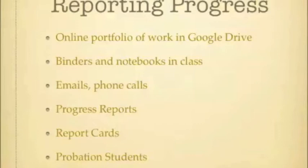It's a file then that we can access and provide instantaneous feedback to our students for improving or clarifying the thinking they have on their papers. We also use binders that go home once a week, and in the binders you'll find samples of independent work that your child has done in class, and we also use our math notebooks and problem solvers notebooks on a regular basis, so that's an additional source of information that we use when looking at how a student is doing